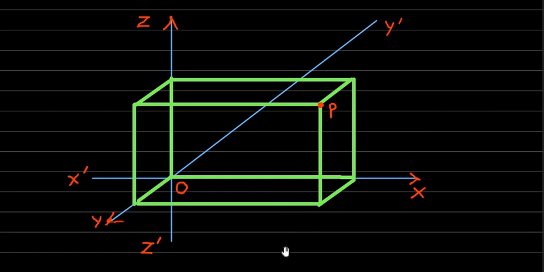Next, let P be any point. Obviously we have discussed the xy, yz and zx planes. I will mention those names here: xy, yz and zx planes. This is the plane which lies in the x and y axes, the xy plane. Then the plane which lies in the y and z axes is this one, the yz plane. Then the plane which lies in the z and x axes is the zx plane, also called the xz plane, but we will consider it as the zx plane.